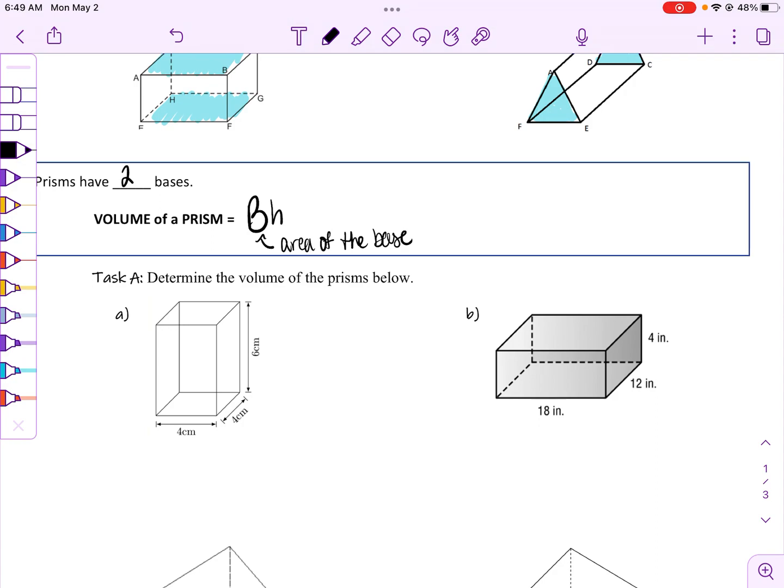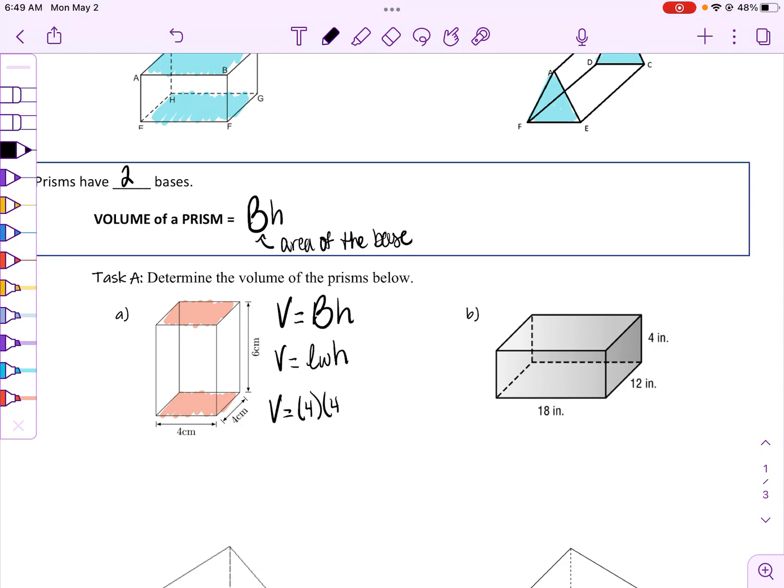So if I look at task A, it says determine the volume of the prisms below. So I'll do one, and then I'll ask that you pause the video, try the other one on your own, and check your answer. So looking at A, these are my bases that I'm shading in. And we know that volume is area of the base times the height. Okay? For our case, the base is a square, so that's really length times width, and then it still will be times the height. So volume equals